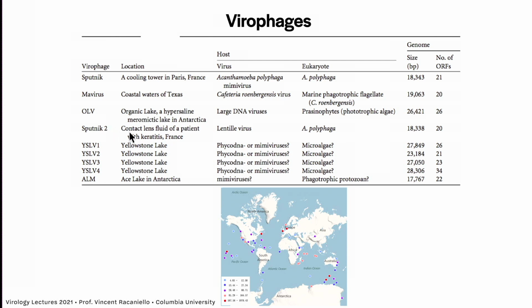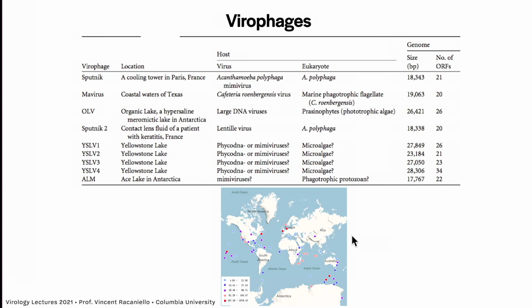Then there's organic lake virophage, Sputnik 2. This is funny. This was isolated from the contact lens fluid of a patient with keratitis in France. And the helper virus is called lentille virus. Lens virus in French. Isn't that cool? And then a bunch from Yellowstone Lake, lake in Antarctica. But this map here shows you can actually take